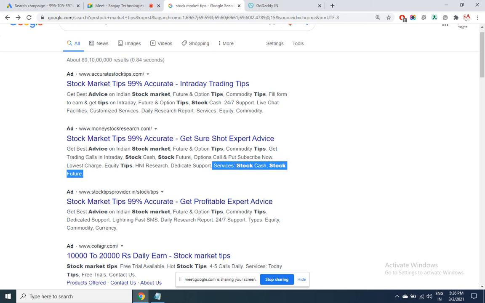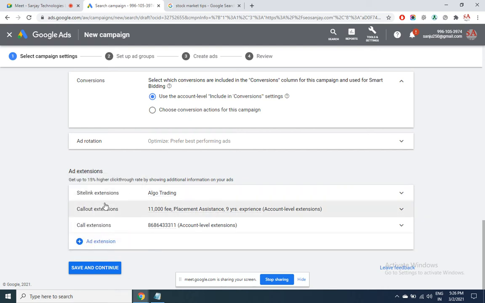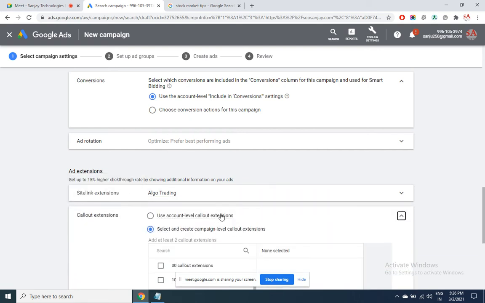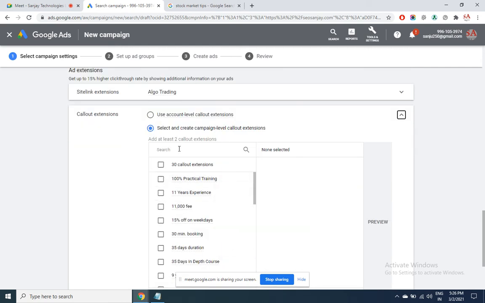The difference is this is separated with a colon, and then we have commas. But a callout is separated using dots. Let us create one. So minimum is 2, maximum is 8.